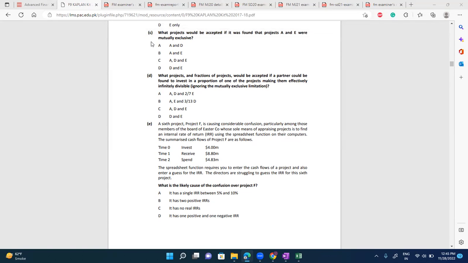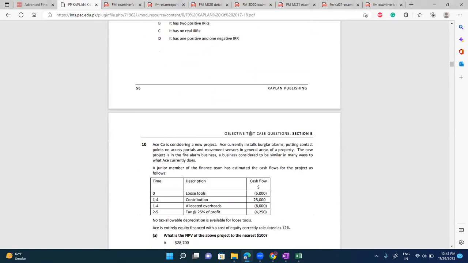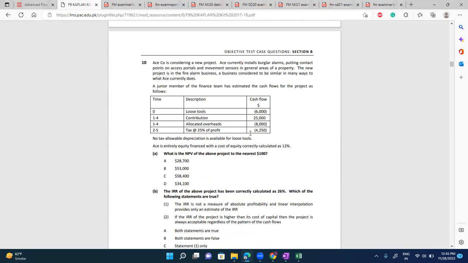सर, द लास्ट वन 10th का पार्ट है, यही नेक्स्ट वाला है ना। Company is considering a new project. Company currently install alarm, putting contact points on access point. Contribution इतना है, allocated overheads इतने हैं। Allocated overheads नहीं लेने। No tax allowable depreciation is available. Finance cost equity 12%. बस 12% पे डिस्काउंट कर दें इसको। सिंपल है ये तो।